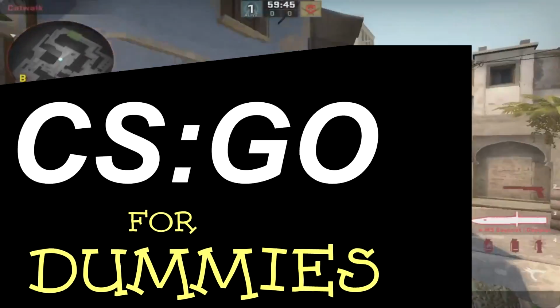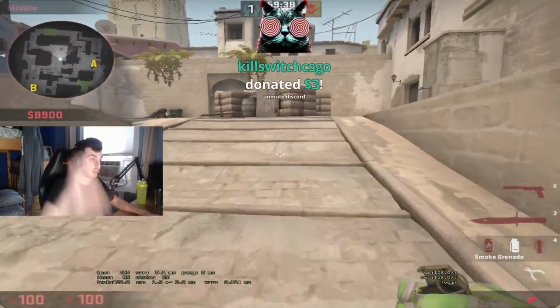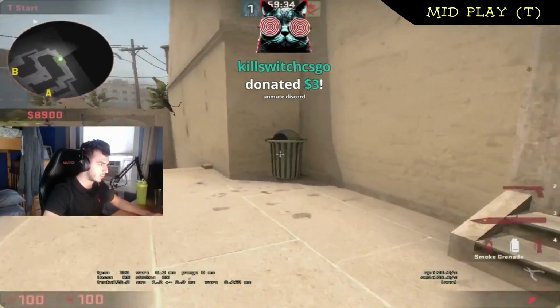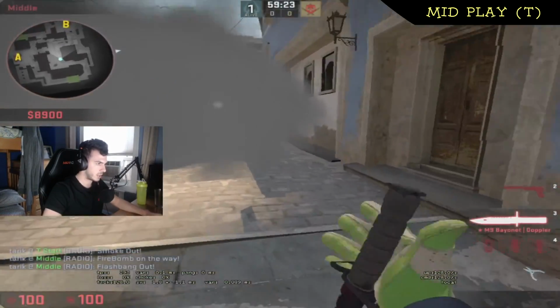So we're going to talk about different plays you can make on Mirage. I'm going to start off with a pretty common play that I make on T side, where I have one of my teammates smoke top mid. I'll throw this connector molly, and then I'll jump out to the left and flash cat and jump through my